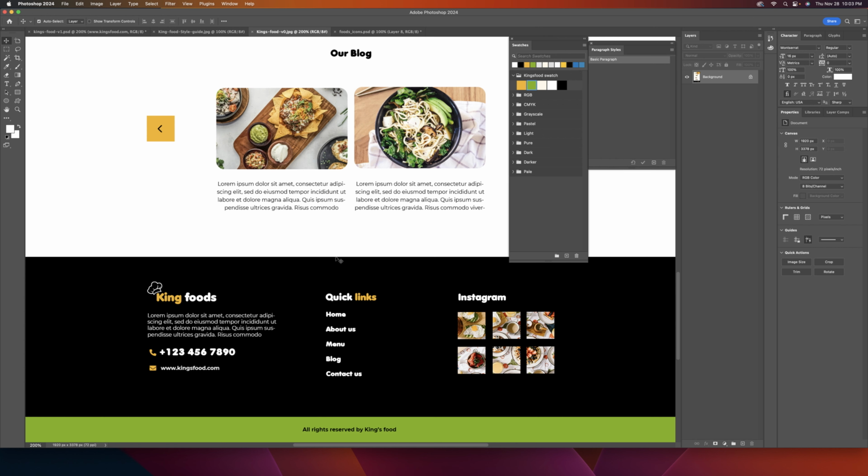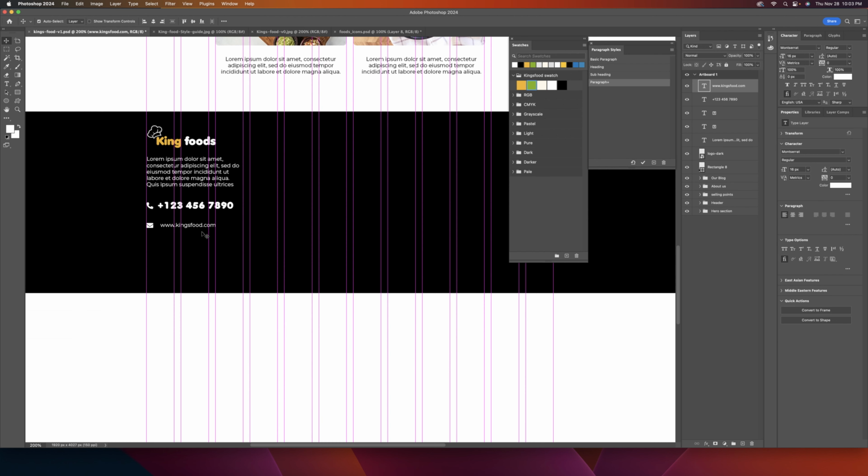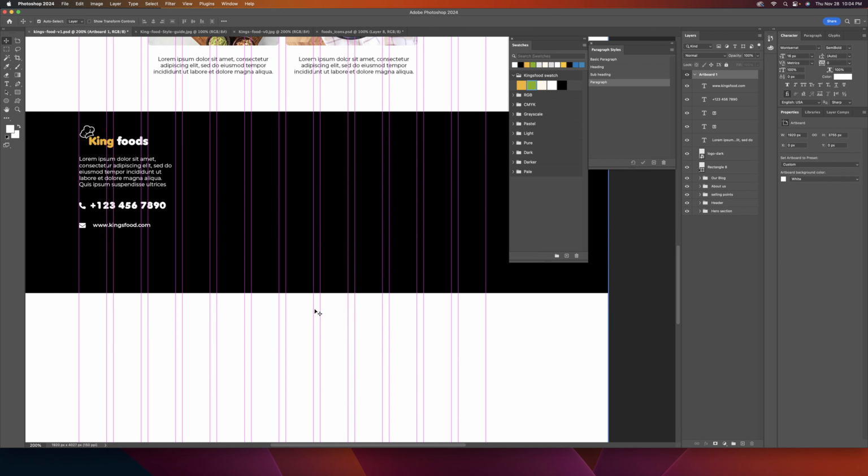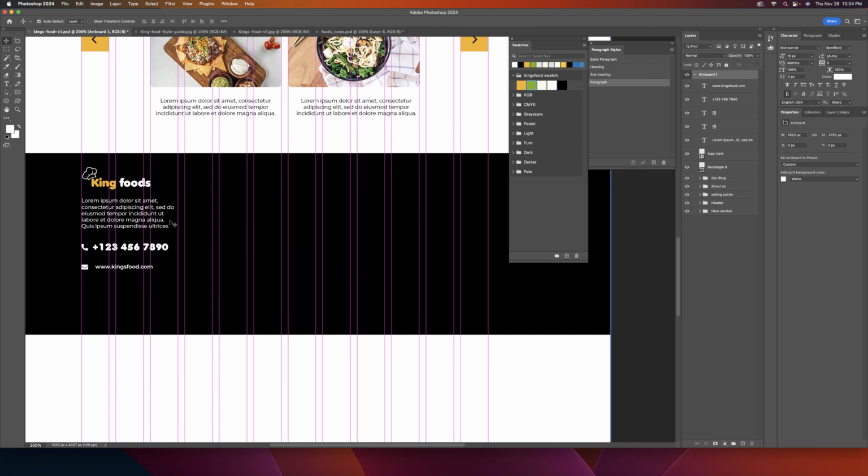So yeah, we're pretty much there. I think the email is a bit bolder than the paragraph. So we're going to select this text and change the font to semi-bold. That should bring in some thickness. Okay, that's good. So we've got the first section of the footer covered. Next, let's go and create the second section,